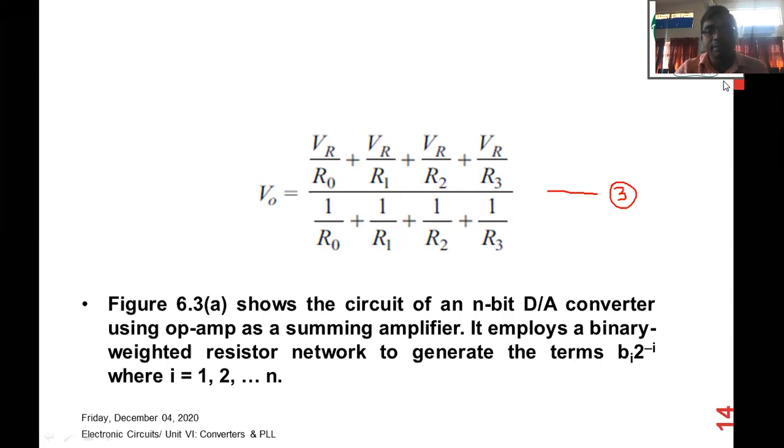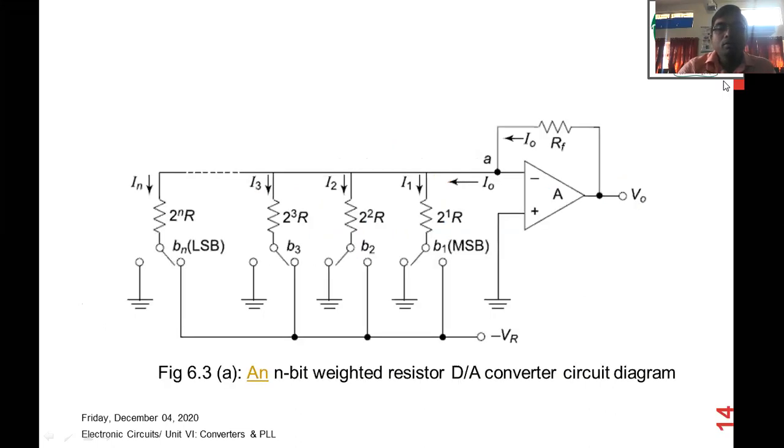In that circuit, the n-bit digital to analog converter would be shown as a summing amplifier, and it would employ a binary weighted resistor network to generate the terms bi 2 raised to power minus i, that we have already seen: b1 2 raised to power minus 1, up to bn 2 raised to power minus n. Okay, so this is the final diagram